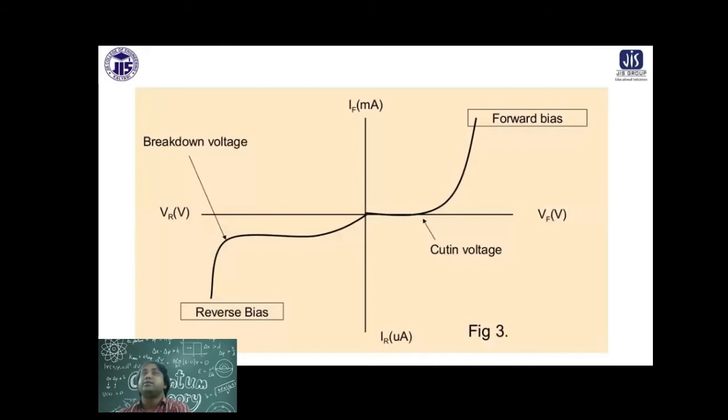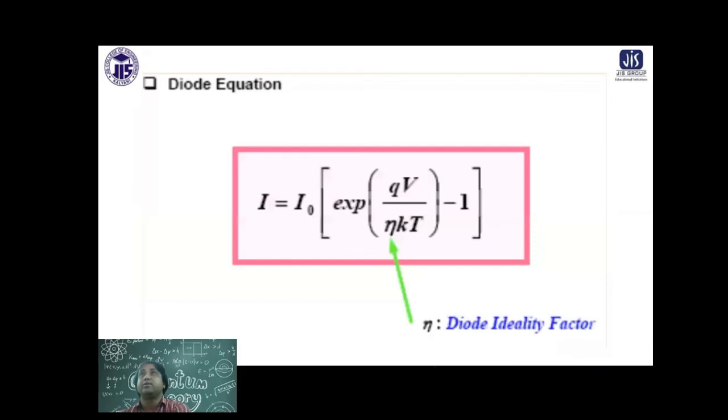Now the concept of breakdown comes into the picture. If you apply a very high reverse bias voltage, then an electron might rupture the bond and become free because of the strong enough voltage. For normal diodes, it is around 5.8 electron volt, the energy unit. With that, it will rupture the bond, and suddenly you get a lot of electrons coming out, a lot of current. This is called breakdown in a diode. Okay,